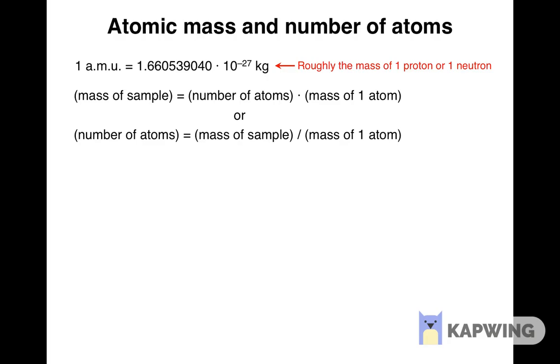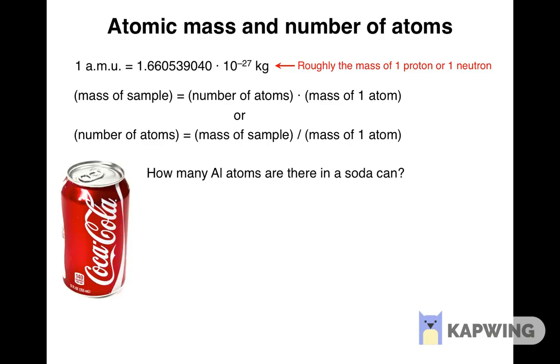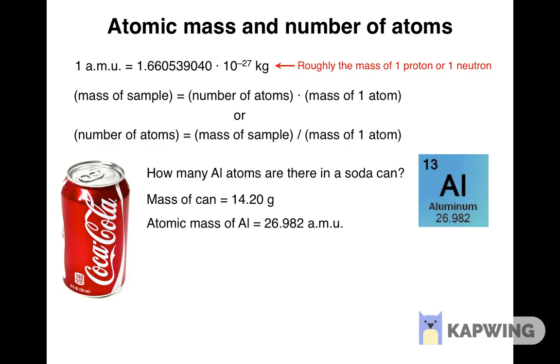Of course, we need to take the mass of the sample and the mass of the atom in the same units. Let's say that we wanted to know how many aluminum atoms there are in a soft drink can, assuming that the can is made entirely of aluminum. We could weigh it and find the total mass of aluminum. Say we measured it to be 14.20 grams. From the periodic table, we learned that the atomic mass of aluminum is